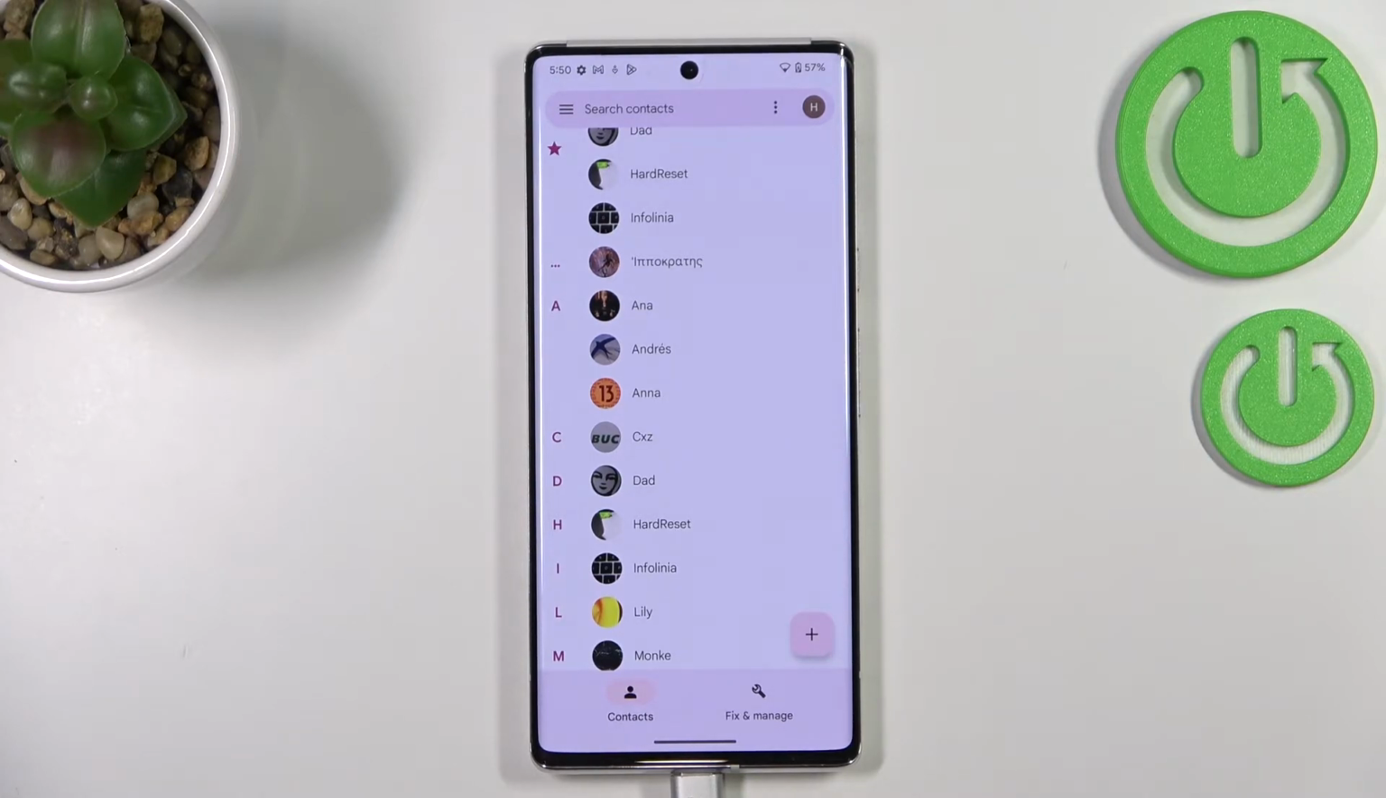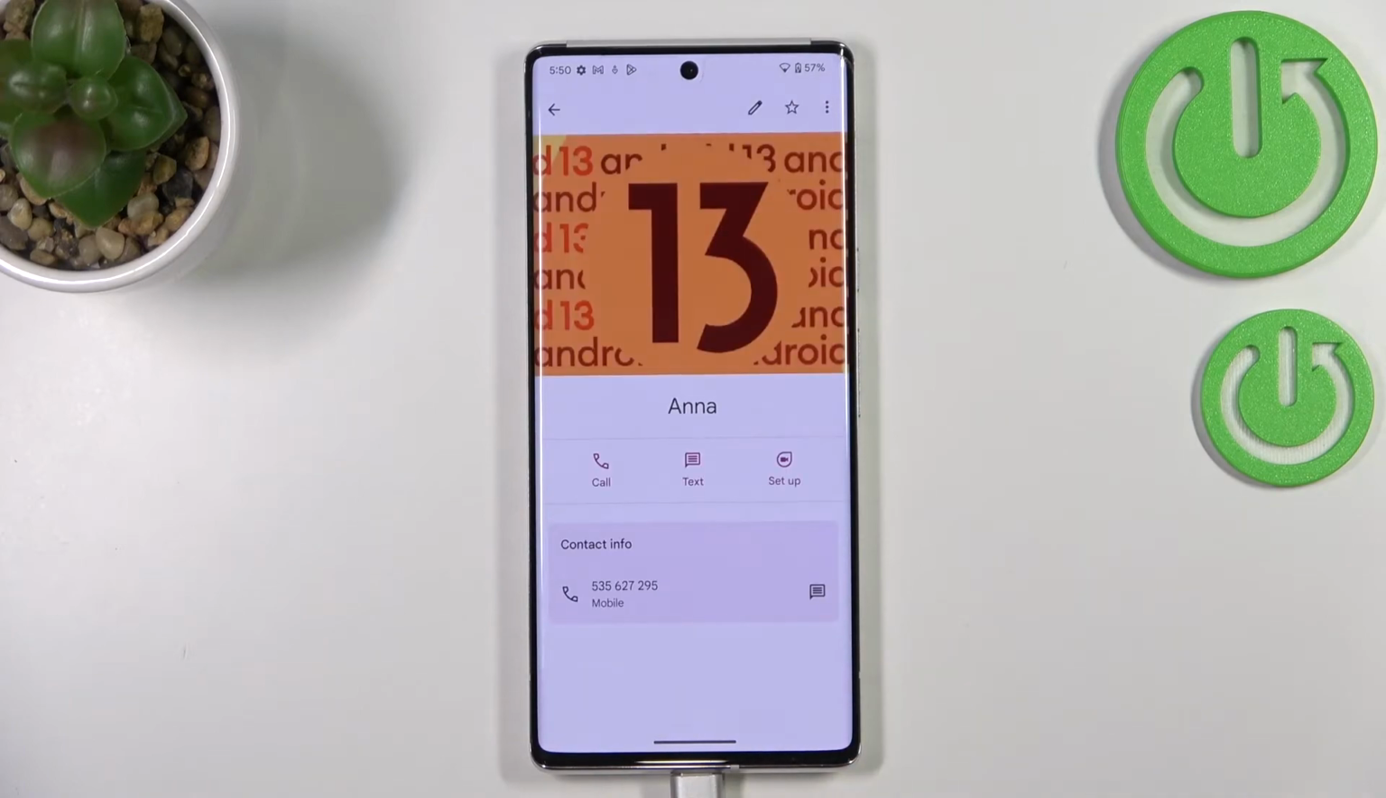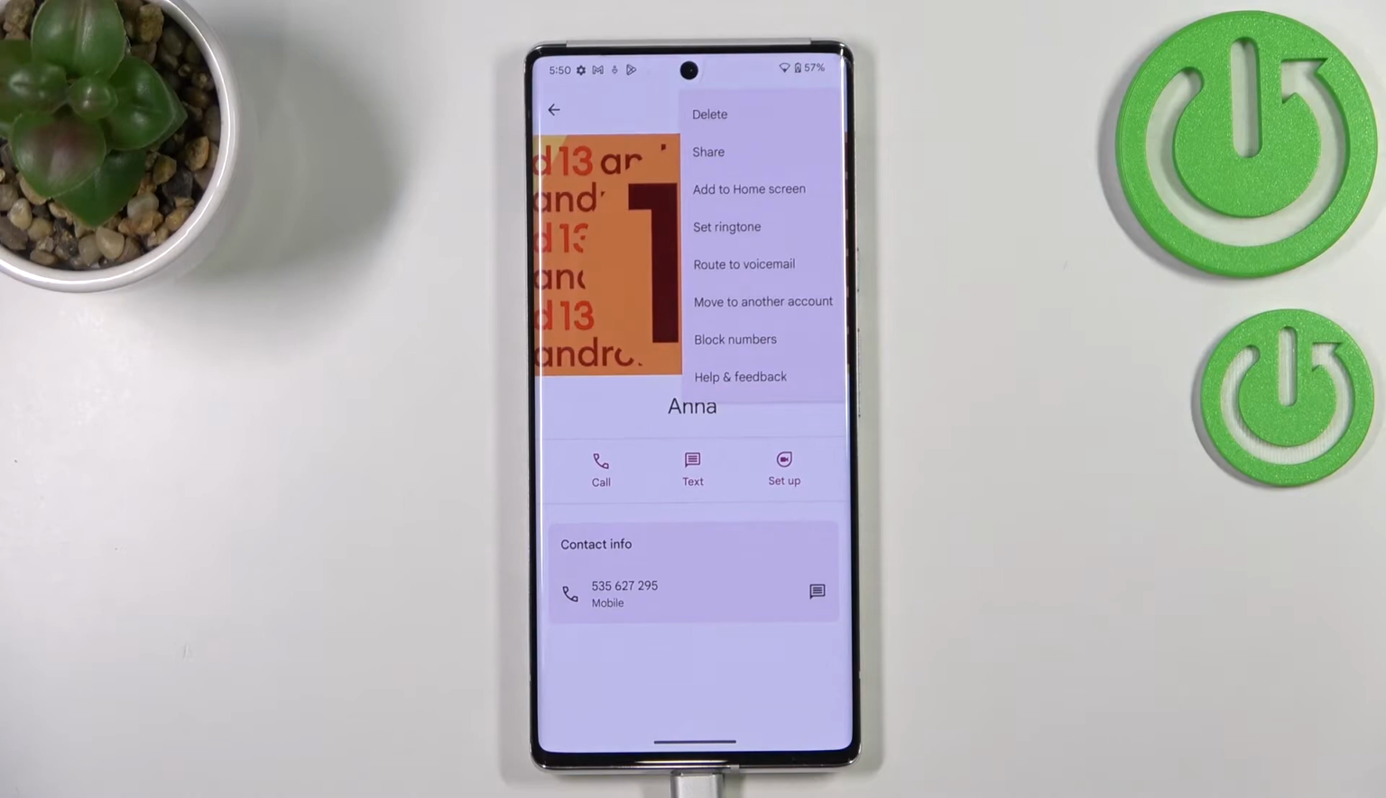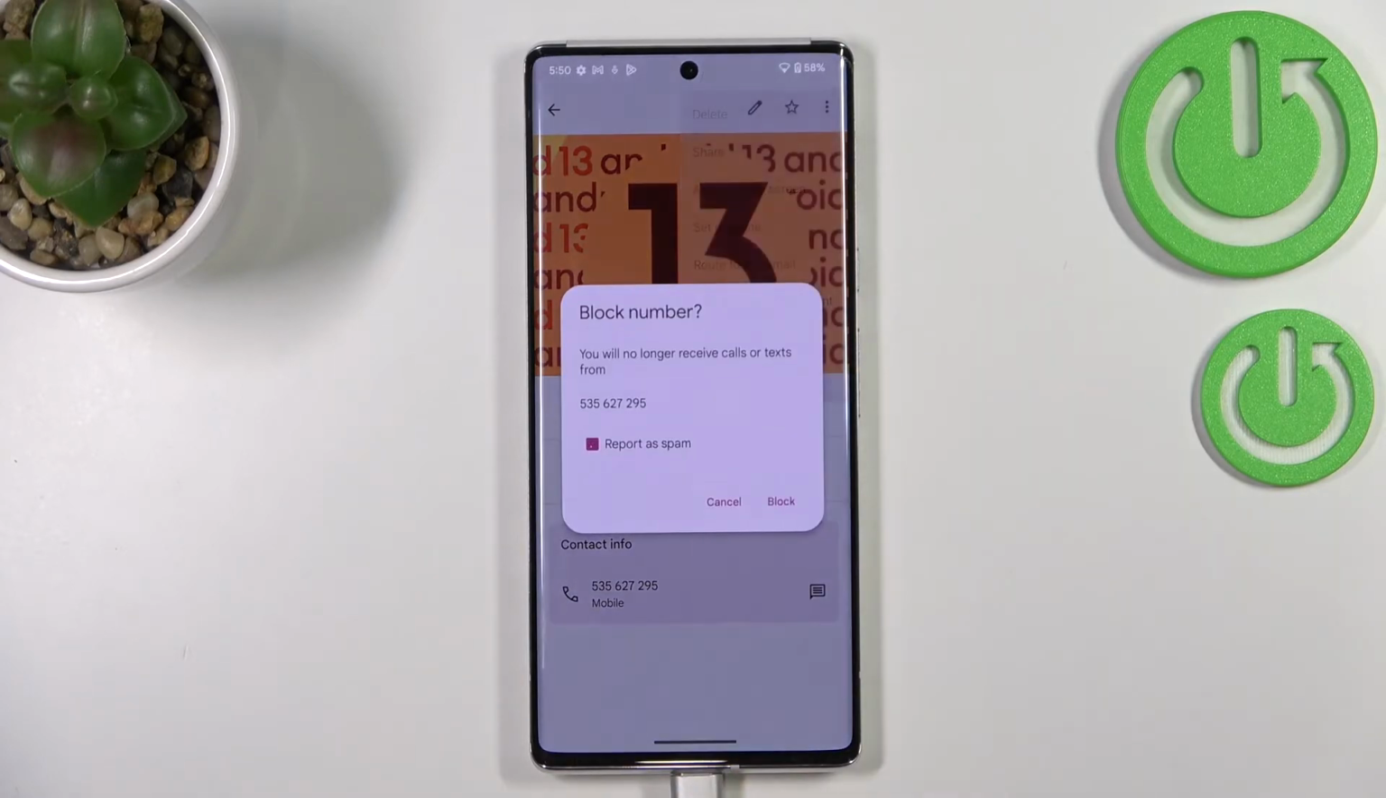And all you have to do here is to simply tap on the one you'd like to block and tap on the three dot icon right here. As you can see, we've got the option block numbers, so let's tap, and here your device will of course ask you if you really want to block this number, because you will no longer receive any incoming calls or text messages from it. I don't want to report it as a spam, so let me untick this option